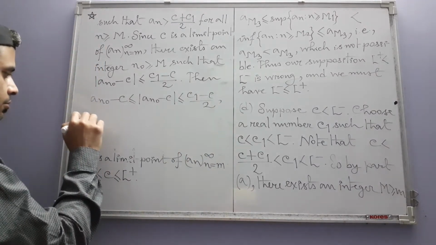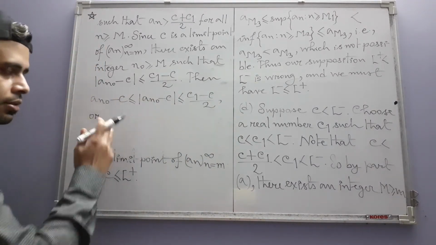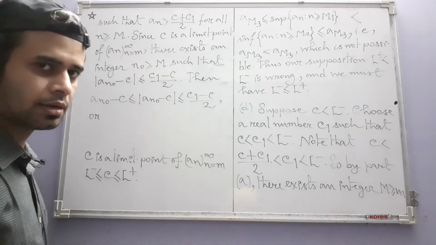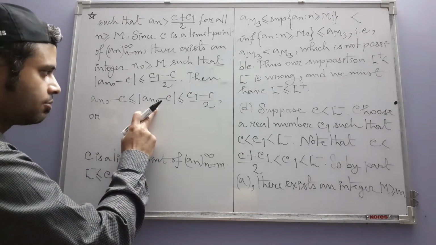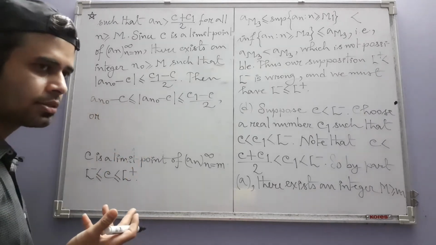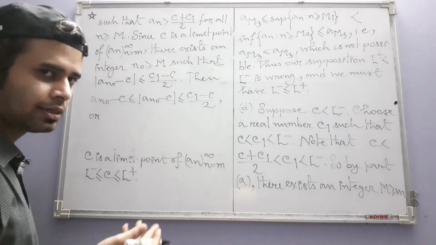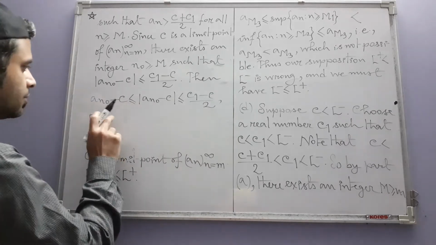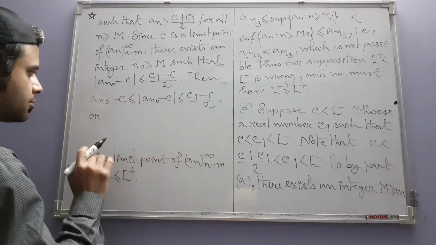Of course, we know any real number is less than or equal to its absolute value, where we have equality when the number is a non-negative real number. If it is negative, then we have strict inequality. Now adding c on both sides, we get